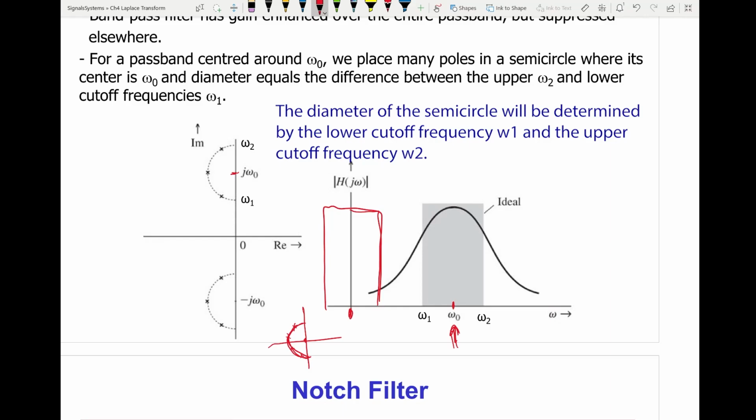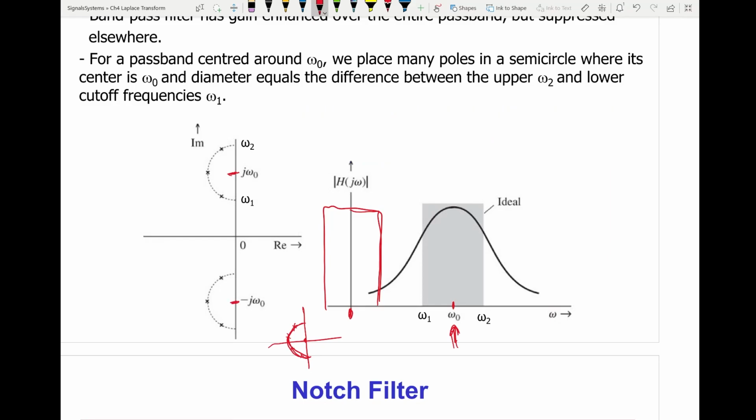So I ask, what is my central frequency of the pass band region? I specify it here and here. Then it depends on the order of the system and how fast I want these to go down. If I want it to go fast, then I have to have more poles, more than just 3. So this is a 6th order system because you have 3 poles here and 3 poles here. Now, if I want my filter to look more like this, then probably I need to add 2 more poles